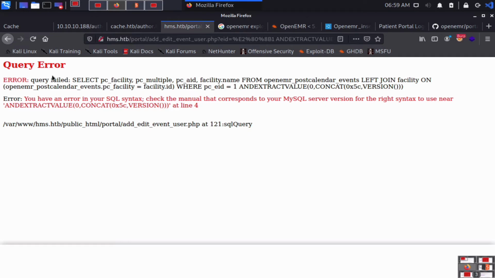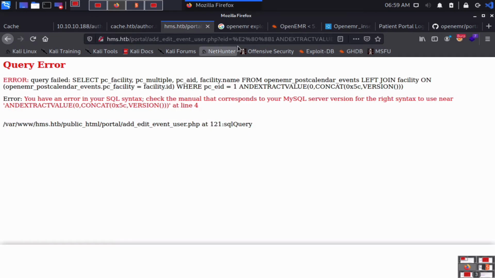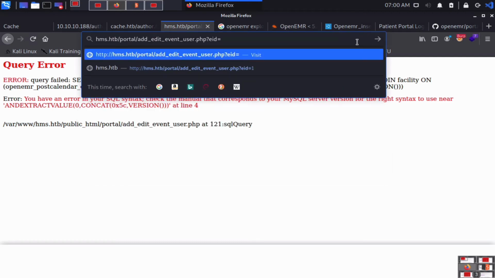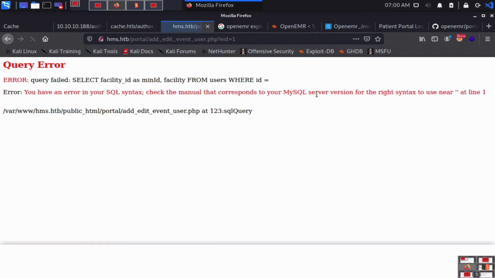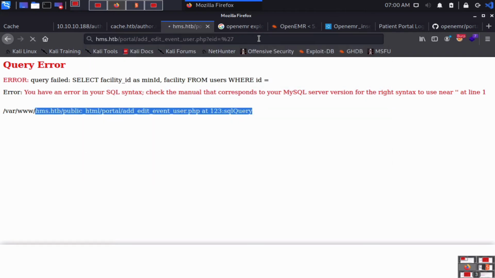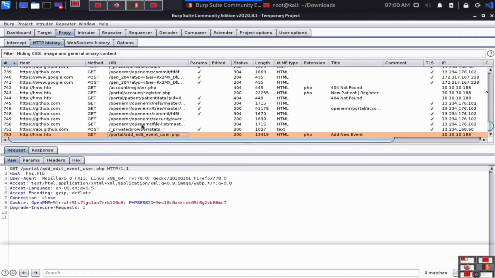You can see clearly I'm getting an error, which means the SQL injection vulnerability. So I can try one more thing here. Just remove everything, just put 1 and check it out. Again the same error is coming, so I can try a single quote and check it out. Yes, the error is there. For the same request, what I can check in Burp, let's check everything in Burp.